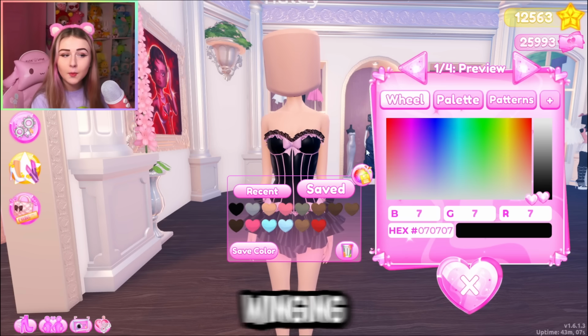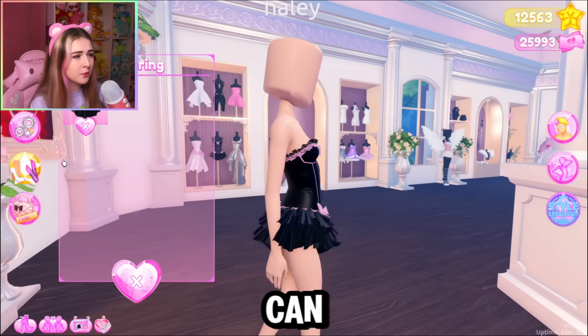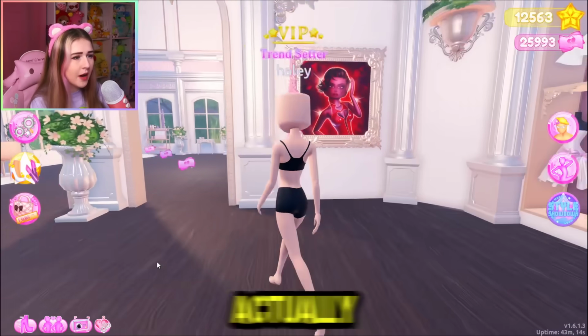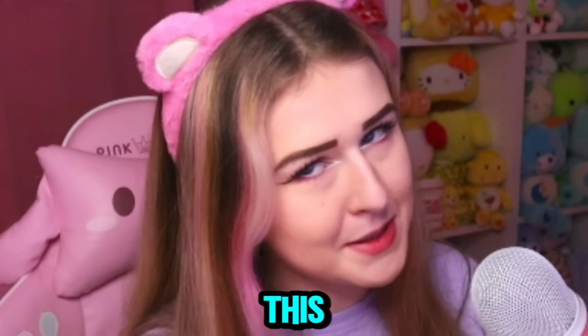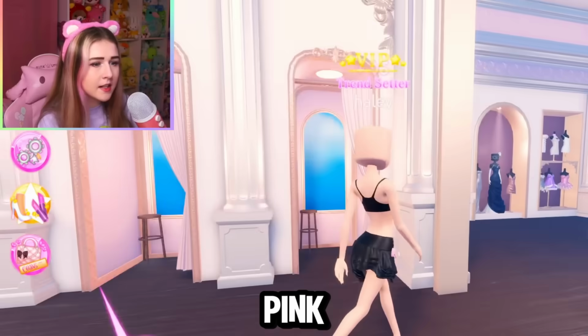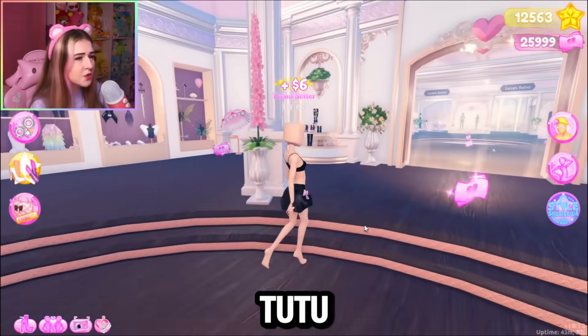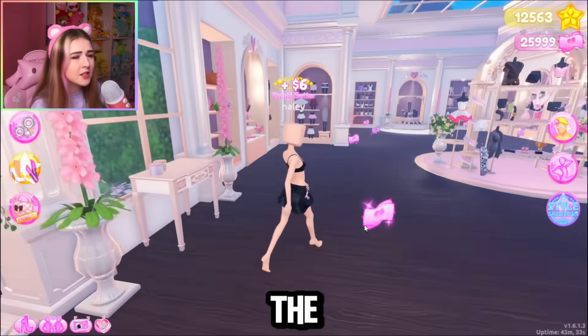Okay, the next thing I'm going to try to recreate is this dress right here. I'm also kind of winging it. I didn't have this video planned out. I'm just winging it. So let's see if we can recreate this. I'm going to actually put on this skirt again. Sorry, Ella. We're going to make the lacing and the ribbons pink, so it looks like the bows on the sides. And then I'm going to get a tutu or something to make the skirt go out a little bit